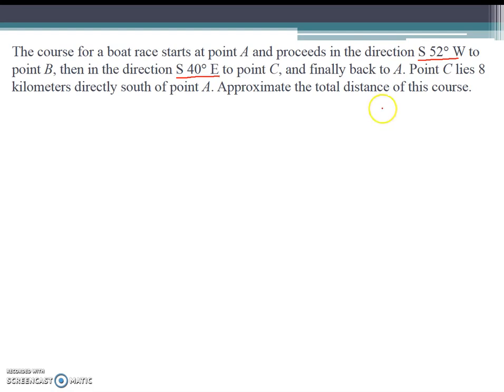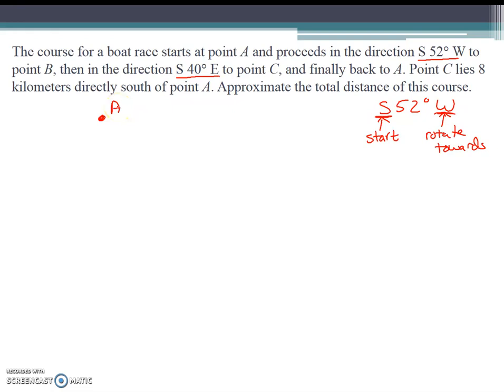So any kind of bearing, let's just use this one, south 52 degrees west, as an example. You want to start by facing this direction, and then you want to rotate this many degrees towards this direction. So when we start drawing this picture, it says we're going to start here at point A,